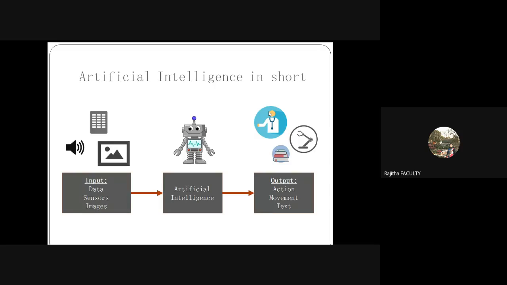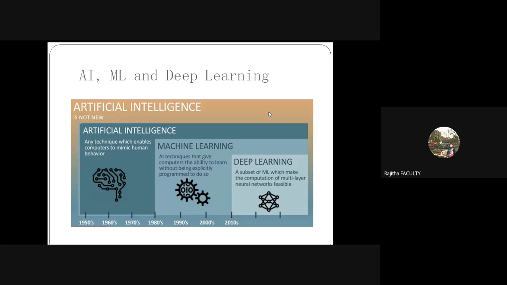Now how do we make such an intelligent machine? You need to have these 3 components. Obviously many lectures have already gone through, so you might have got the difference between artificial intelligence, machine learning, and deep learning, right? So for your machine to be intelligent, it has to think. If you have to make the machine think, then you have to make it learn. That is why machine learning is required. Now if it has to learn, obviously it has to learn deeply. It's not an overview of something learning. So it should have deep learning to increase accuracy, right?